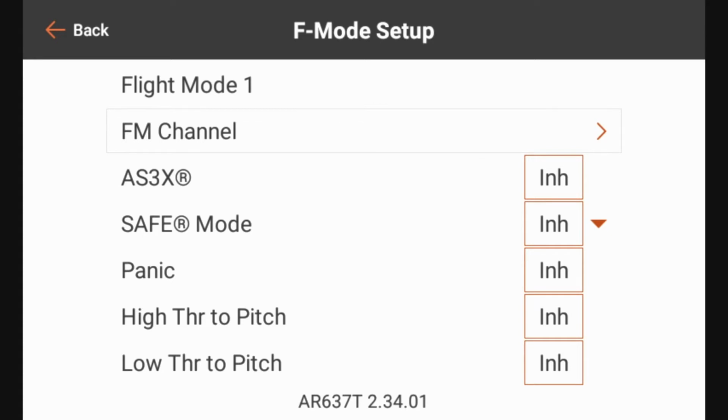But for now, I want to show you how to go ahead and tune the flight modes to turn features on and off based on the flight modes that you're in. So right now we're in flight mode 1, and I want flight mode 1 to be completely bare of any AS3X or safe settings, but I do want to have a panic button enabled, so if I get into any trouble, I can go ahead and smack that panic button and it'll bring the airplane back to safe and level